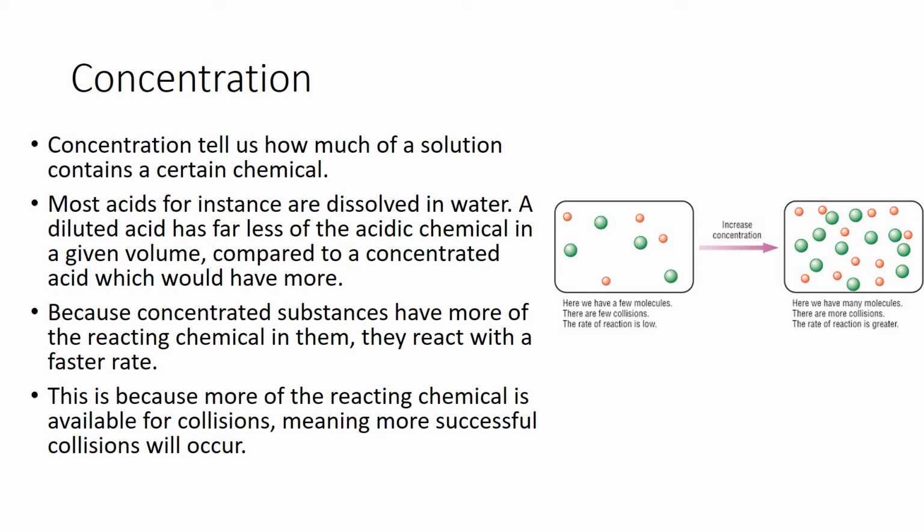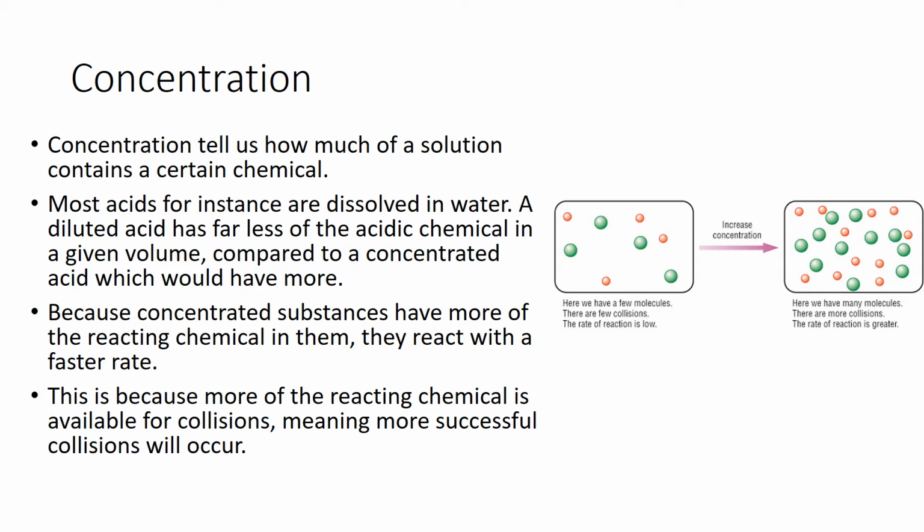Now, the way that it does this is that concentrated substances have more of a chance of reacting with the other chemical that they have been interacting with. The reason for this is simply that there are more of those active particles there. To give you an example then, if we were to react an acid with a metal, for instance, if we